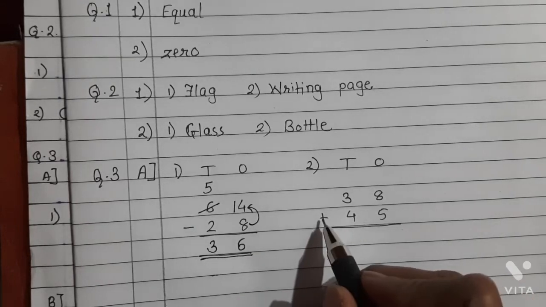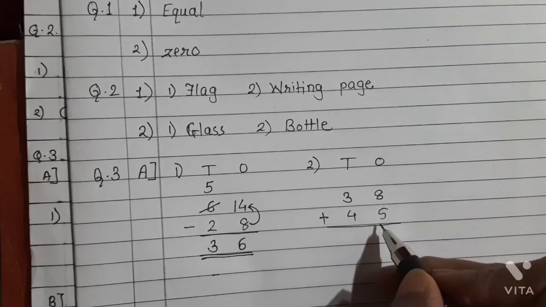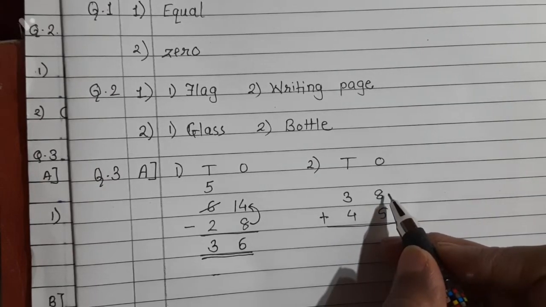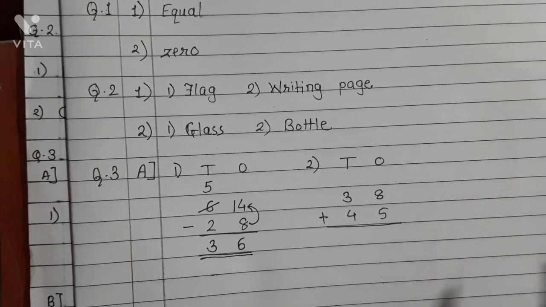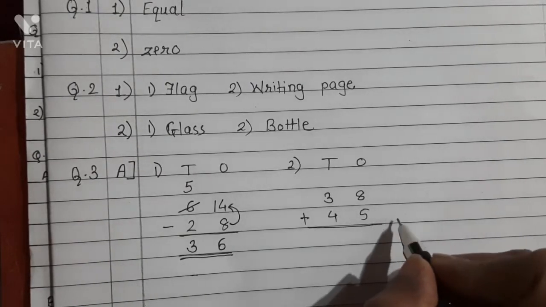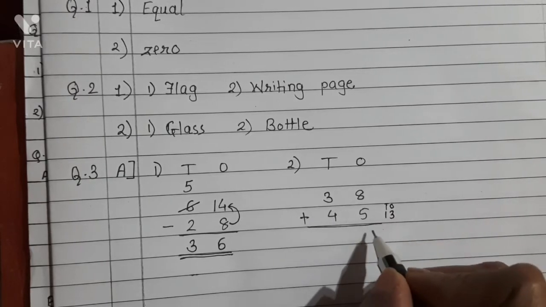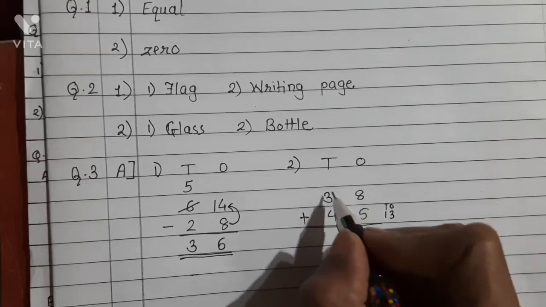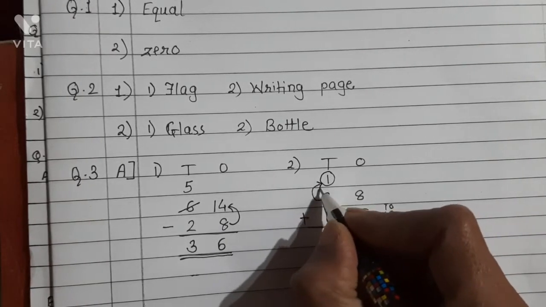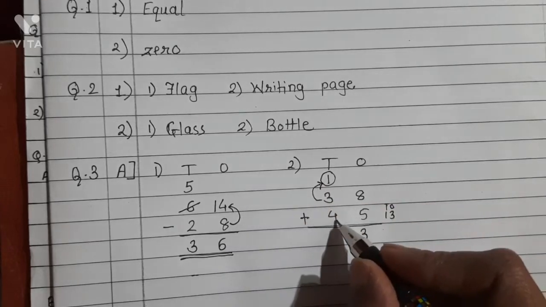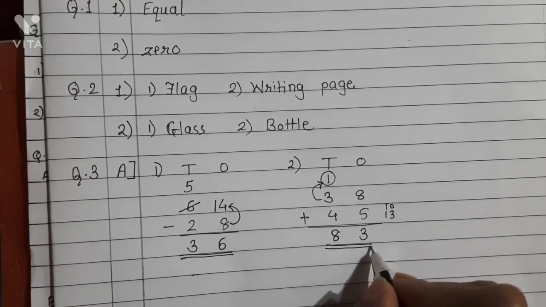Next one, a plus sign is there. So when we are solving a plus sign, always start from the ones column. Bigger number 8, keep it in your mind. 5 on your fingers. 8, after that 5, there comes 13. 13 is a 2-digit number, so we'll write aside. 3 will come as an answer. 1 will go as a carryover. 3, after that count 1, 4. 4 and this 4, 8. So your answer is 83.